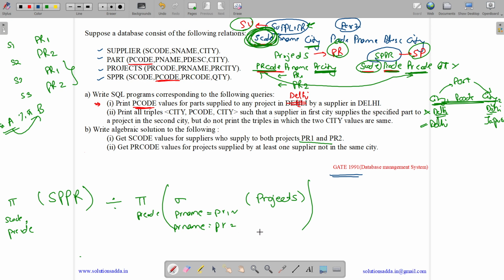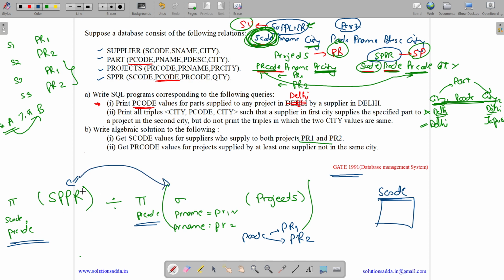Okay, now I will explain it. So here we will have the PR code values for PR1 as well as PR2 projects. And if we have the divide statement, then the output, this PR code as well as PR code will get cancelled out and we will get only S code values. We will get S code values for the suppliers A which is related to all B, which supply to both PR1 as well as PR2 projects.